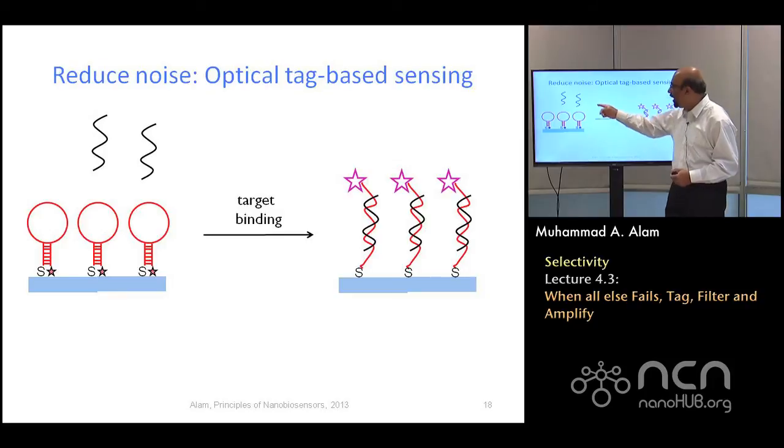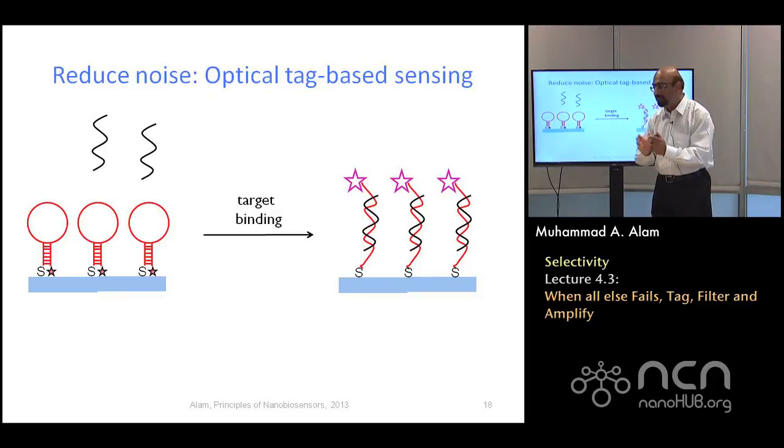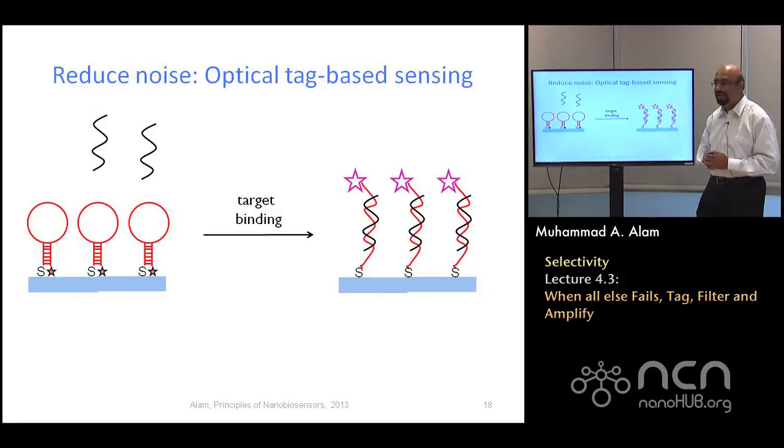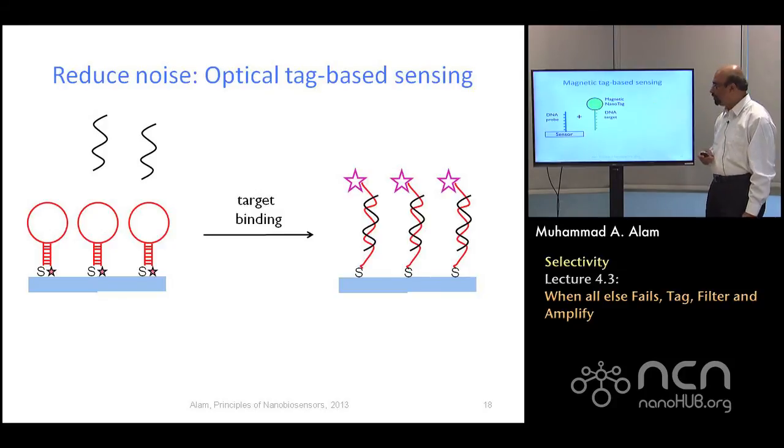Now, of course, all the other molecules which are not so selective to this hairpin loop DNA will not bind. Therefore, by looking at these optical tags, you can only pick out those molecules that are actually target molecules. The parasitic molecules will not be able to unbind this and make this optical tag active. So this is one way by which you can improve signal to noise ratio.